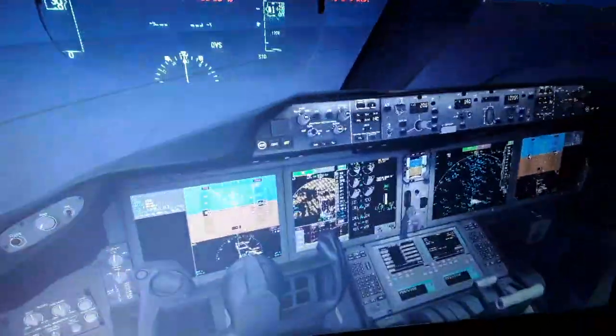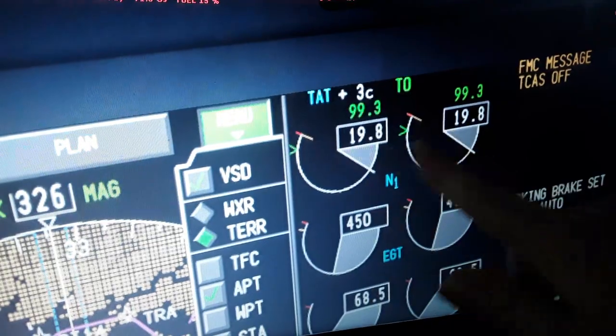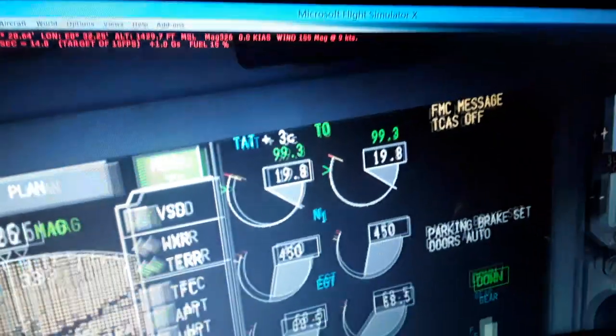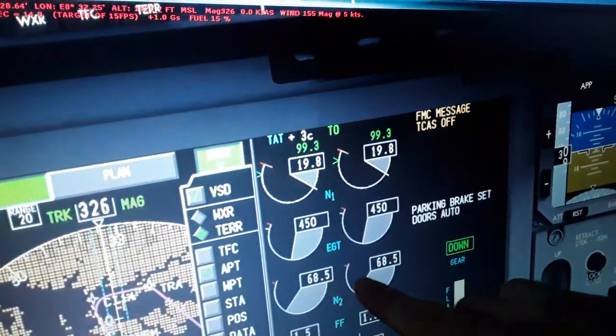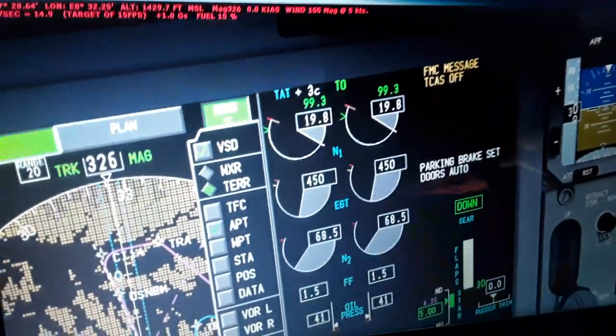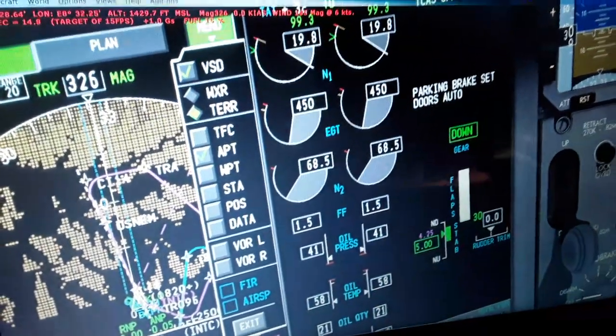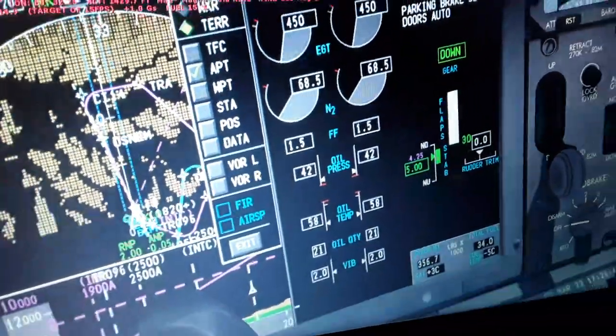You see in the upper and the lower EICAS, like the N1, which is the low speed spool, low pressure compressor, and the turbofan, the exhaust gas temperature per engine, and N2 which is the high speed spool, high pressure compressor, and the turbofan to the engine. Fuel flow per hour per 1000 kilograms or pounds, oil pressure, oil temperature, oil quantity, vibration of the N2 stage of the engine,